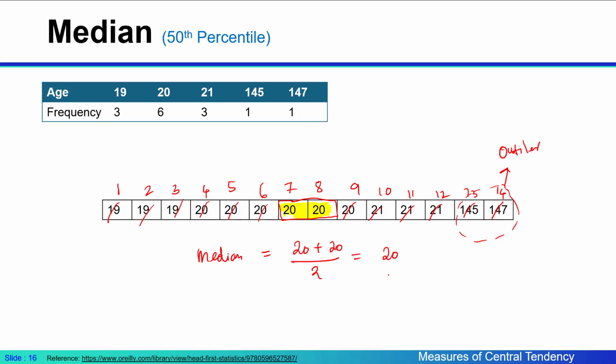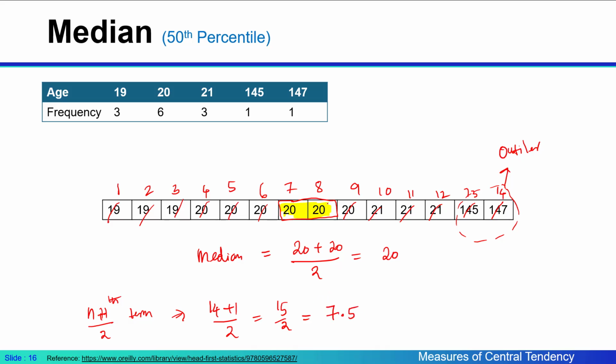Cool? So that's the meaning of the median. And you can also easily identify the median, since we can identify the location of the median by the (n plus 1)th term. So here there are 14 terms, so 14 plus 1 by 2, which is 15 by 2, which is